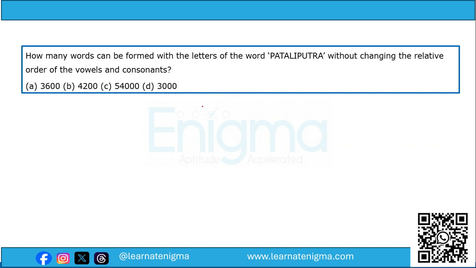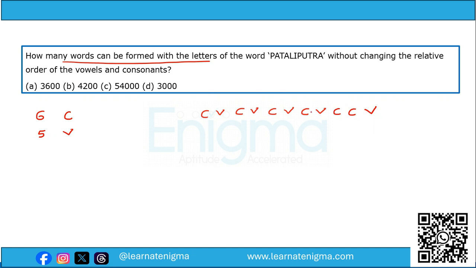So it will be consonant, vowel, consonant, vowel, consonant, vowel, consonant, vowel, then consonant, consonant, vowel. So we have a total of six consonants and five vowels. Now we want to find out the total number of words formed with the given letters with the relative position unchanged. So therefore, consonants have to be there in the same position and vowels also have to be in the